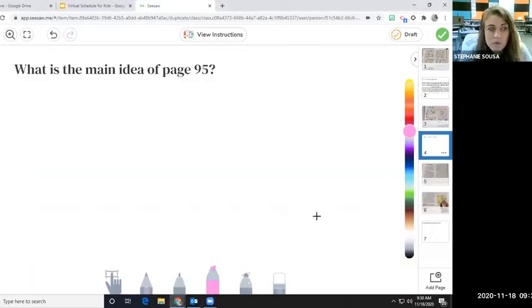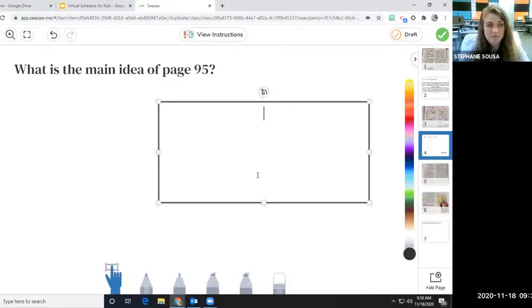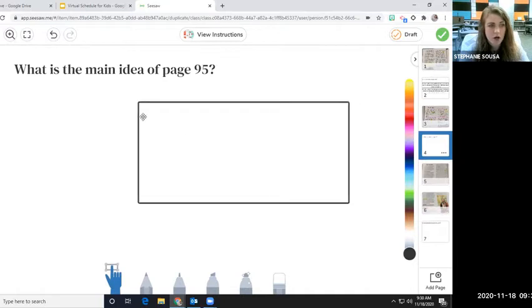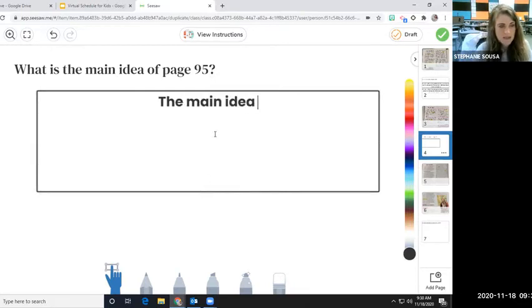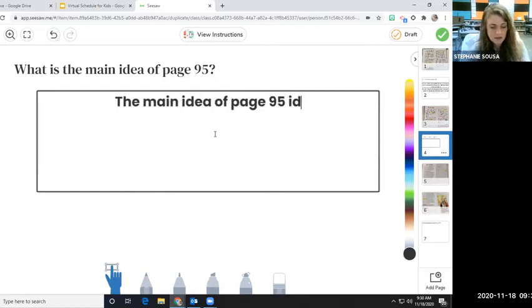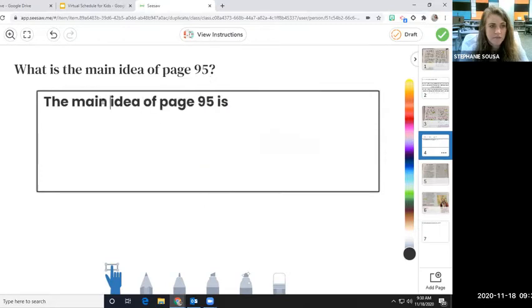Okay. So let's go ahead and record that main idea. Let's go to slide 4. We're going to type this main idea together. Let's use the typing tool so we can save some time. And I'm going to go ahead and make my box large now. That way I can fit everything here. Okay. The main idea of page 95 is, I'll let you go ahead and get that typed. The main idea of page 95 is